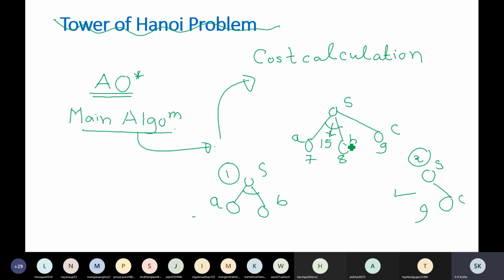Now along with this, this is the major change. If you compare this algorithm with previous algorithms, your cost calculation has changed. If you go down a little bit, for example, from this C, if you go down, that has generated D and E with cost 9 and 10. Cost associated with C now.